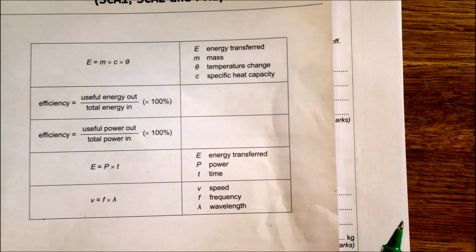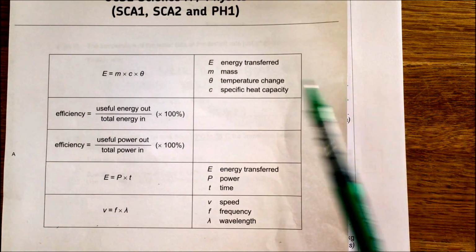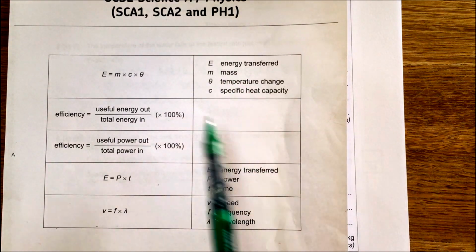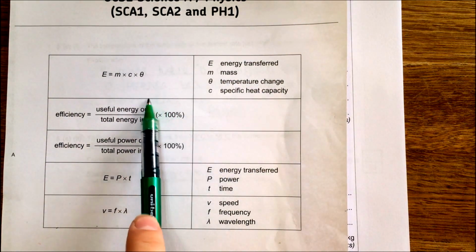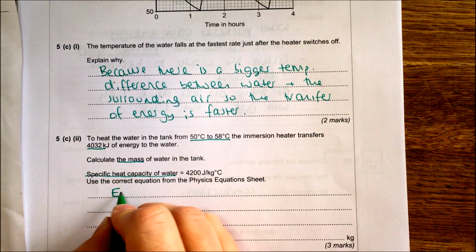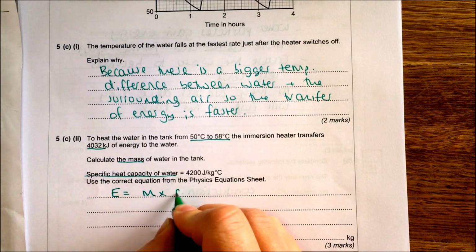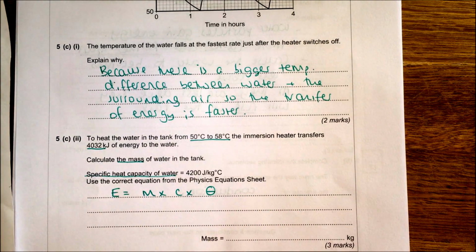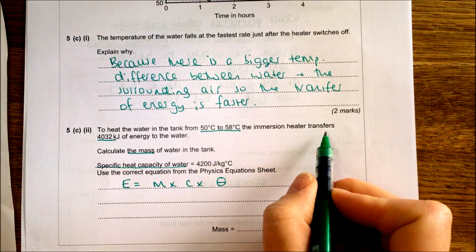So let's have a look at the few equations we've got. We talked about mass, temperature change, specific heat capacity. So this is the equation at the top we want to be able to use. So the first thing we're going to do is write it out. E equals... Okay, so that's the equation we want to use. Now we need to substitute in the numbers we've been given. So we have been told it transfers